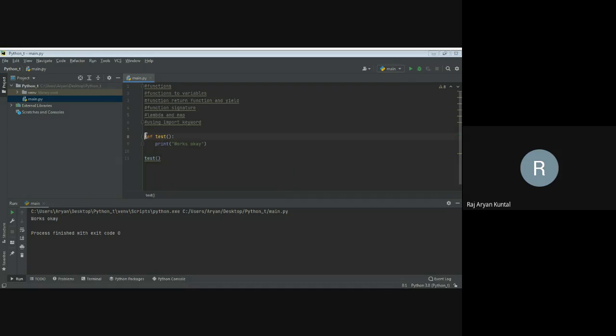a function is isolated from the rest of the code and it will not execute until it is called. All right. And when it is called, it's called using its own name and then a set of arguments that we will discuss in a bit. And then when this executes, it goes to the function and does whatever the function does. All right. Now, what a function is? A function is